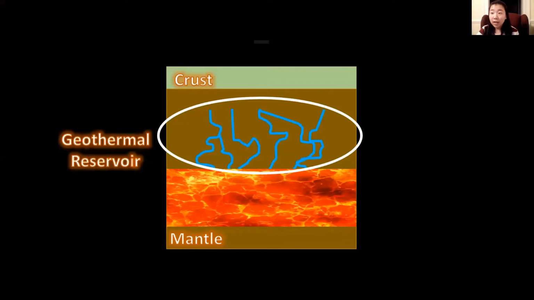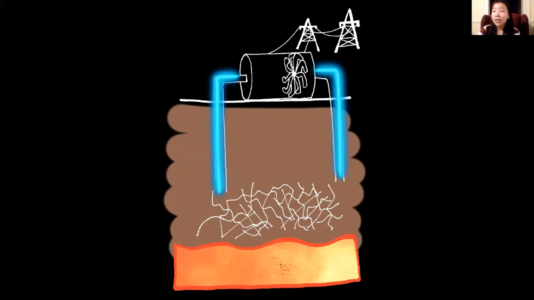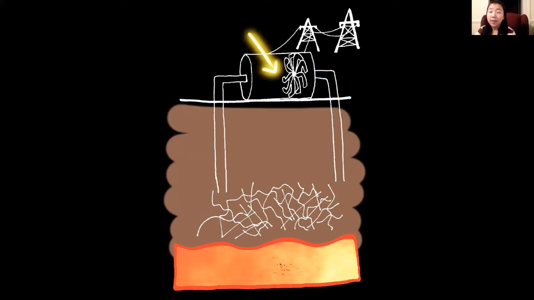These reservoirs can sometimes be found in shallow grounds, a few hundred feet deep, or in deeper grounds, going several miles below. And in order to access the geothermal energy, we must drill into the ground and tap the source. Next, we use a system of pumps that will allow the steam and hot water to travel up. The steam is then used to spin a turbine, which is a machine that has a propeller-like part that spins to generate